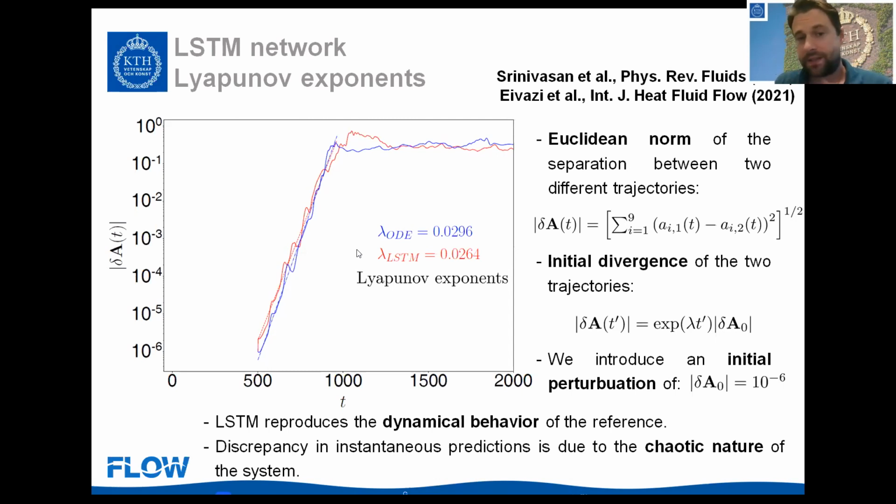And then something that I also wanted to mention is a recent study that we published with Hamidreza in the International Journal of Heat and Fluid Flow 2021, where we used the Koopman framework, all the work by Brunton and others, the system identification framework with a nonlinear forcing to account for the nonlinearities in the system. And what Hamidreza found was that with this Koopman framework, of course, one can get much cheaper model development because you don't need to train a network, you just have this dynamical system identification, and we get similar performance